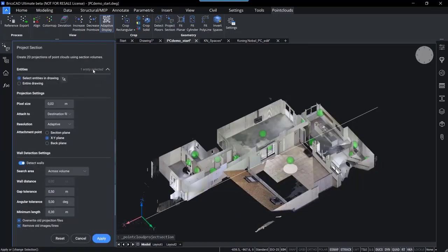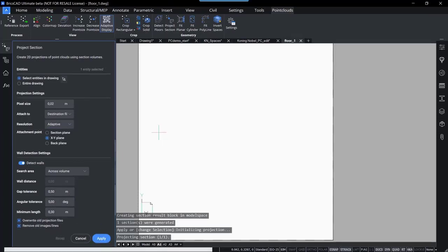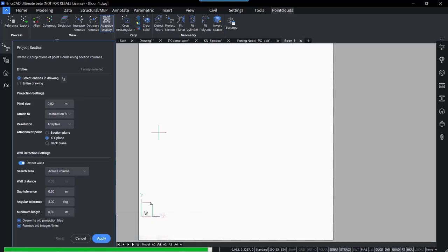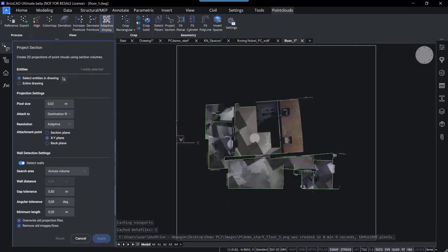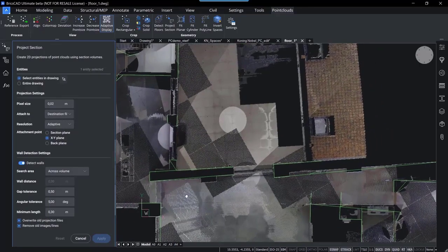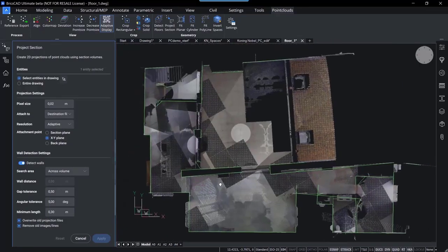So at the same time, the command will also generate a raster image of the point cloud as a reference. So here you see I can choose adaptive, so then it will load a little bit quicker. And let's apply it and see the result of that. So here I had the option detect walls on, so lines will be generated from the point cloud points that the section cuts through. So as you can see here, I've created this image of my point cloud floor plan basically,